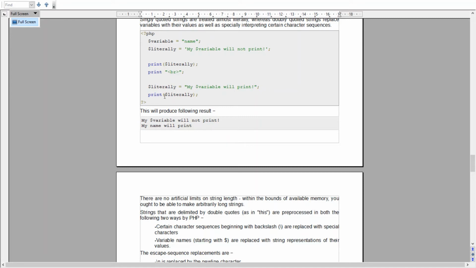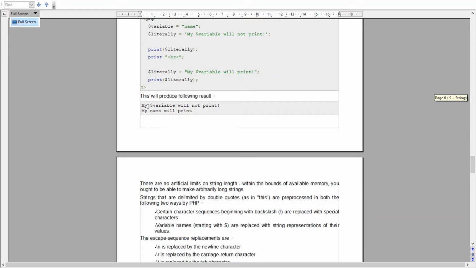Again we are using the print method and printing the value of this variable literally. So we see the output here, my dollar variable will not display, as it is a plain string. Here it will display the value of the variable, that is name. My name will print over here.